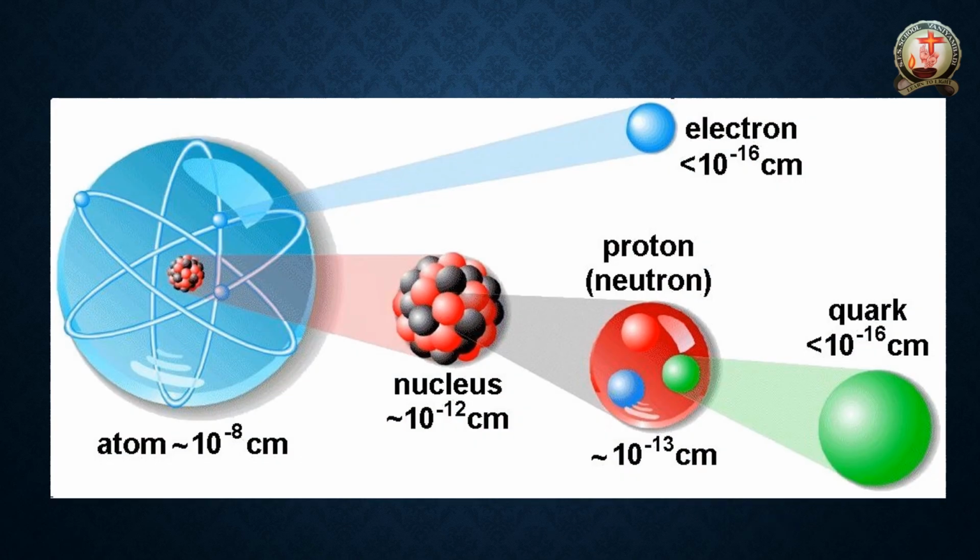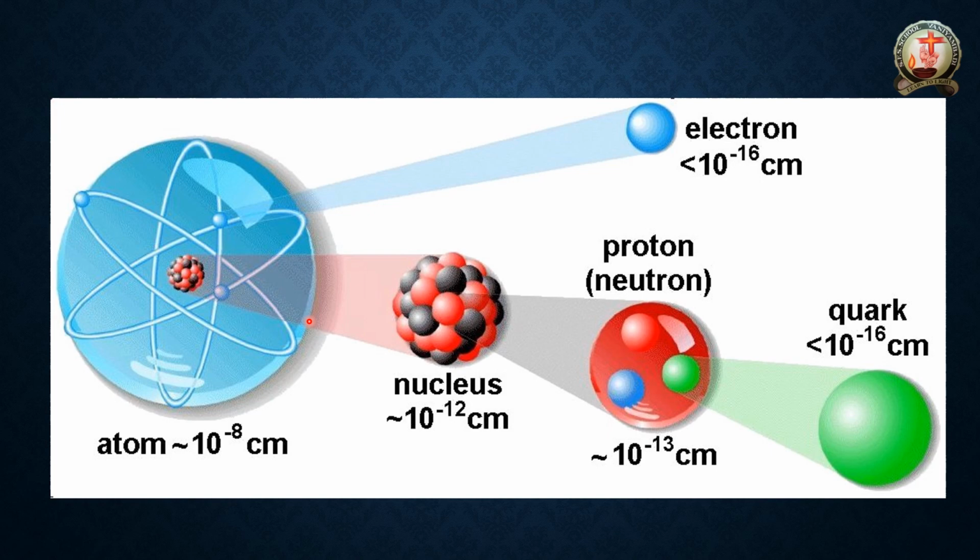Then see, students, how the electron size is measured from one end to another end. The electron has a size of 10 to the power minus 16. The nucleus contains protons and neutrons, and in depth we are going to see the quark. The quark is a very tiny part. This is for your better understanding. I have shown this figure. The atom consists of three subatomic particles: proton, neutron and electron.